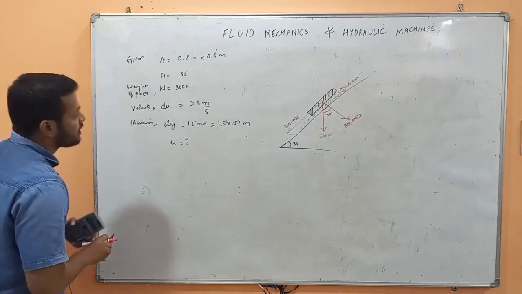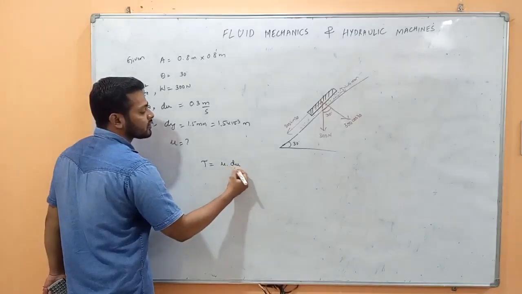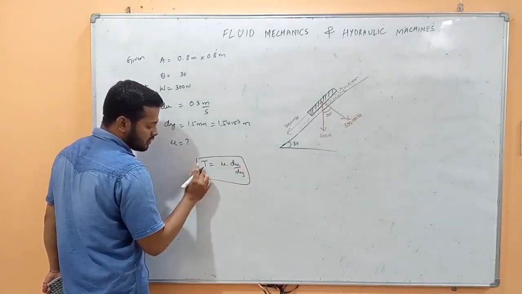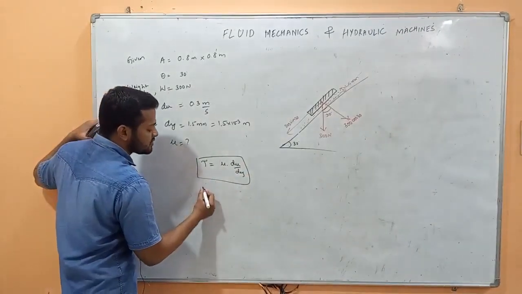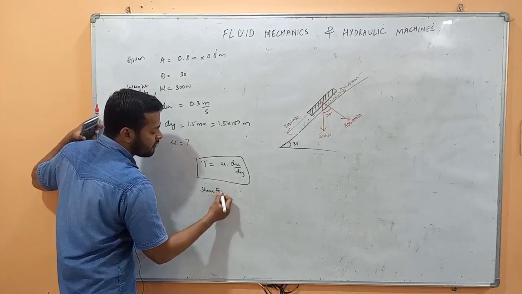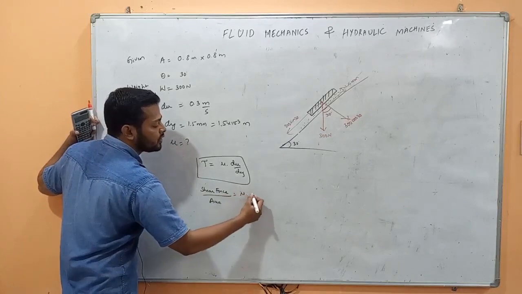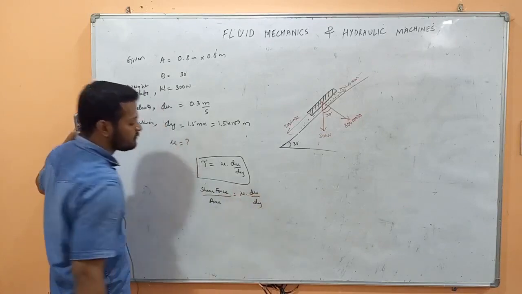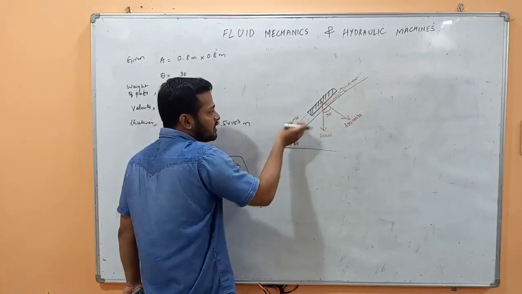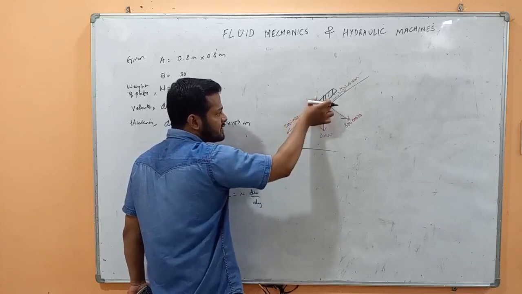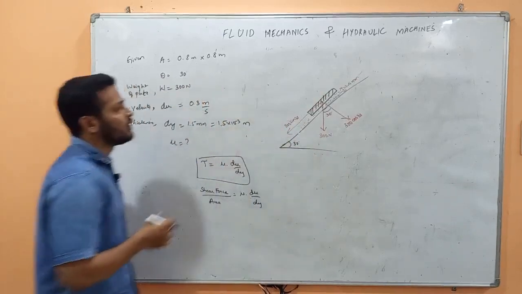So what is my Newton's law of viscosity formula? Tau is equal to mu into du by dy. This tau is called shear stress, but there is also a formula of shear stress. Shear stress is shear force by area. The general formula is shear force by area is equal to mu into du by dy. Which is the shear force? The force causing this plate to go in the downward direction. This force 300 sin 30 is responsible for the shear force, which is making it go in the downward direction.